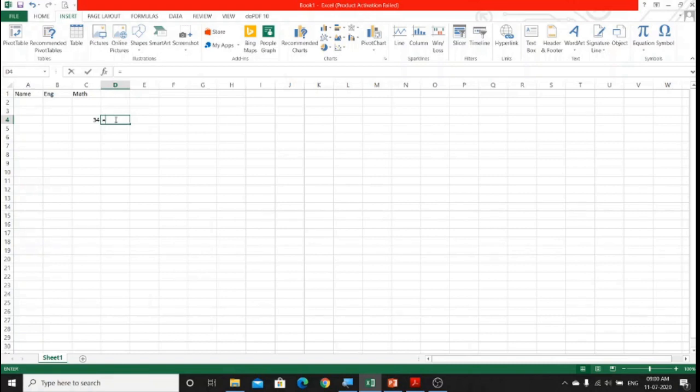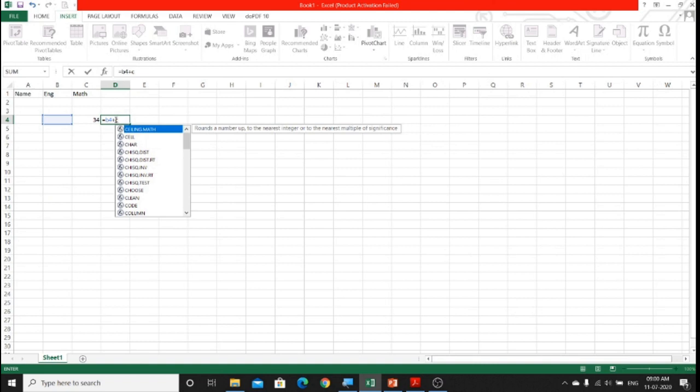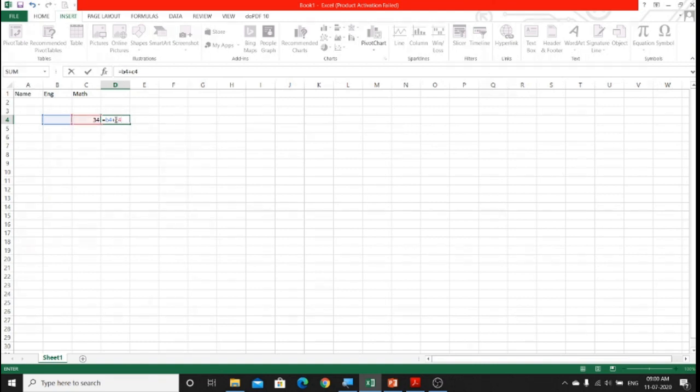So if I write a formula over here, equal to B4 plus C4. This is the fourth row, so I will take this B4 cell, B4 plus C4. Okay. So this is the formula. I press the Enter key. See, it has calculated. There is nothing in B4, so it will consider it as 0, and in C4 it is 34. So it's adding and giving the result here.